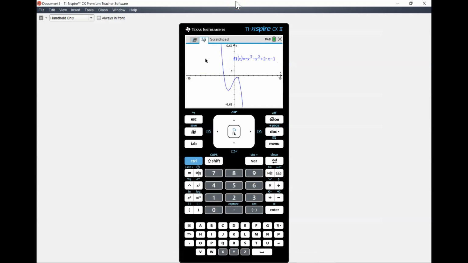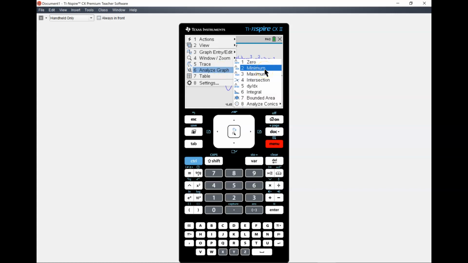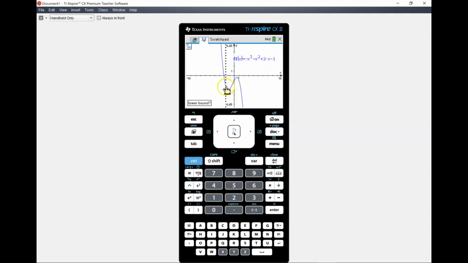And what we're going to do is, if we're looking for relative or absolute extrema, then we have to find the max or min. So I'm going to go to Menu, Analyze Graph. First, let's do the minimum. And that's right here. So lower bound, upper bound, right here. And you really want to get in the habit of having at least 3 decimal places here. All right. So here we're told to go to the nearest hundredth, which will be negative